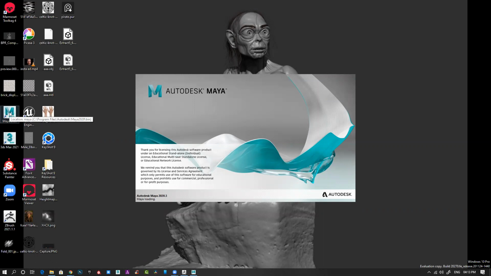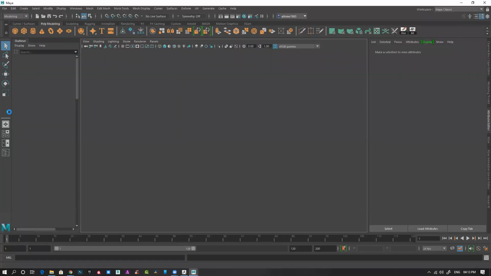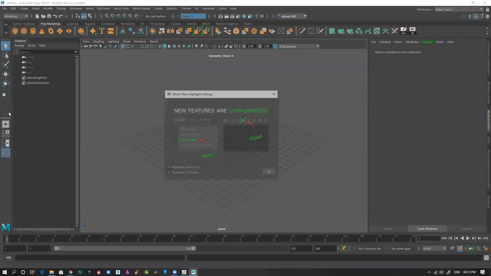It will automatically replace your base model. I'll show that. It's a very easy process, and it saves a ton of time. If you try to do it in ZBrush, it will take 2-3 weeks to fix it. If you use this technique, you can do it in a couple of hours very easily.